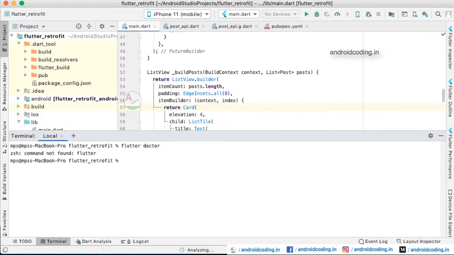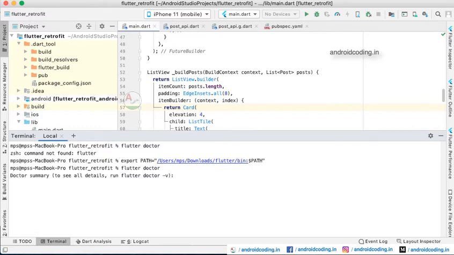In this particular system, I am running it on Mac. So due to the Catalina OS update, I was facing this issue. So try to export the path here. Do the same in your system and try to run the command again. This time for sure you will be able to run the command successfully.